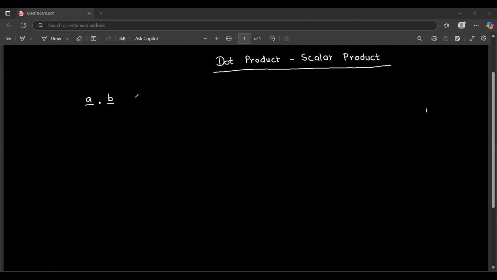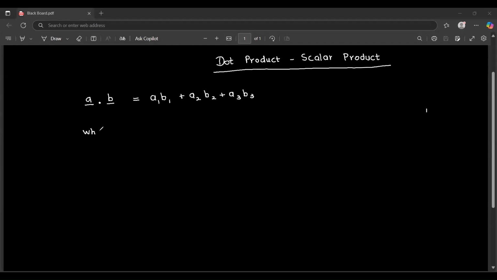In this video, we are going to talk about the dot product, the scalar product of vectors. So, what is meant by the scalar product of vectors? Well, the dot product tells us that if you have a vector A and a vector B, and you use the dot product operation on them, the output will be equal to A1 B1 plus A2 B2 plus A3 B3,